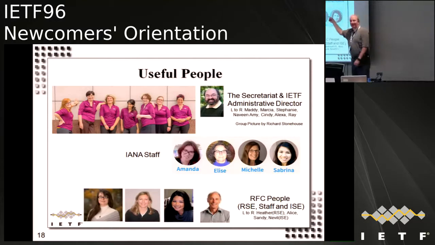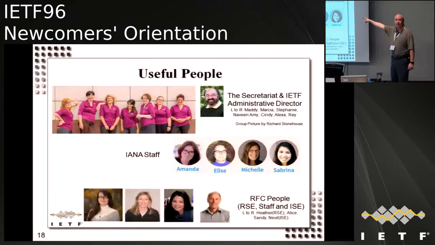This is why I said purple. These are good people. Say hi to them, thank them, please. You'll see Ray wandering around. Ray is an employee of the Internet Society, and his job is to manage the contracts of the Secretariat and folks along those lines. He basically is the guy responsible for putting his name on the signature that gets us to various hotels and things like that.